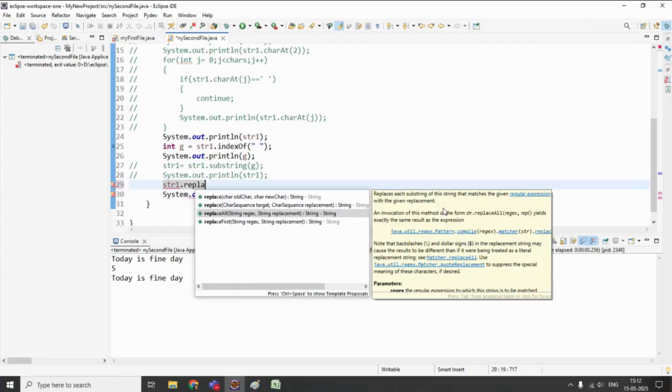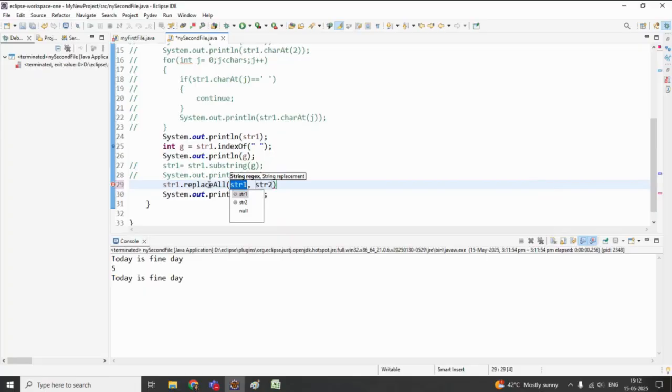We are doing the same thing, so why is it not replacing? Now we will say replaceAll and this one, and this one. Now if I run this,